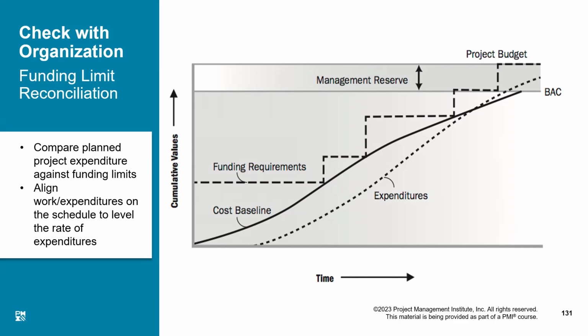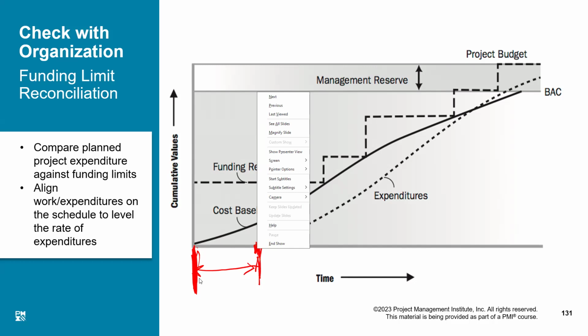You see, the actual expenditure started at this point, whereas, according to the plan, it should have started at this point. What does that mean? The gap between these two curves at the start represents the delay in the start of the project. It could not start exactly on the date which was supposed to be the start date of this project. But actually, the expenditure started happening at this point. That means the project was delayed by this much time.